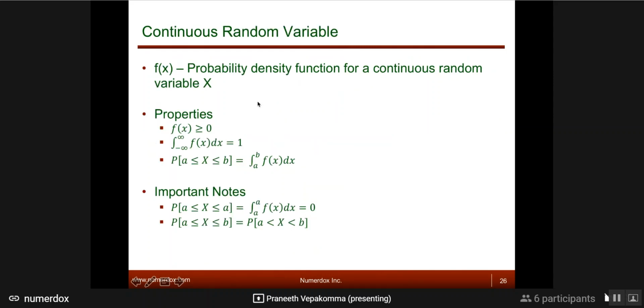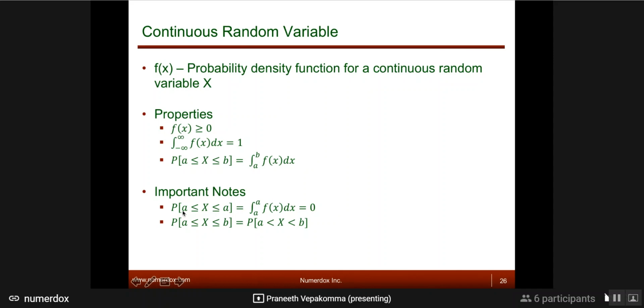Now continuous random variable, same concept. Density function, but the variable that you're measuring is a continuous phenomenon. Each value of that continuous variable will have some probability. So same thing: probability has to be greater than or equal to 0. The sum of probabilities, where the sum is given by integration, over all possible values x can take, should be 1. If you want to get the probability within an interval, so what is the probability that this particular event, say height or temperature or whatever, is between this range, it is given by the integration. Because you want to sum the probabilities always, and only within this interval from A to B. So you're computing the area under the curve, like I drew in that cartoon there.